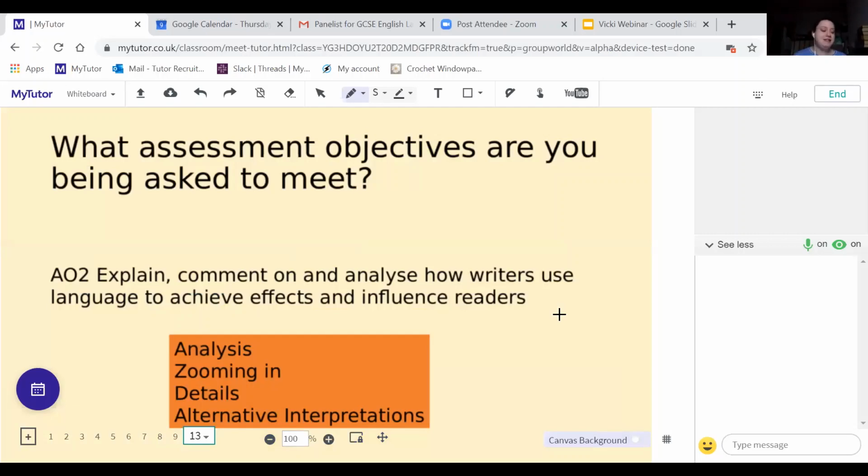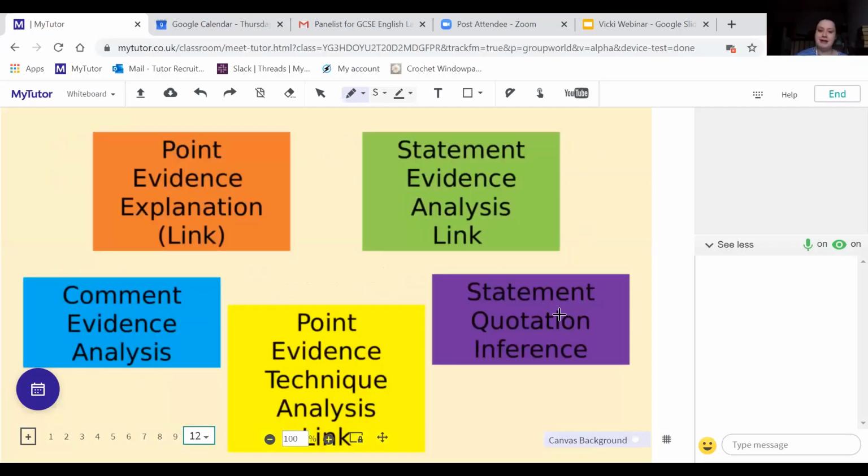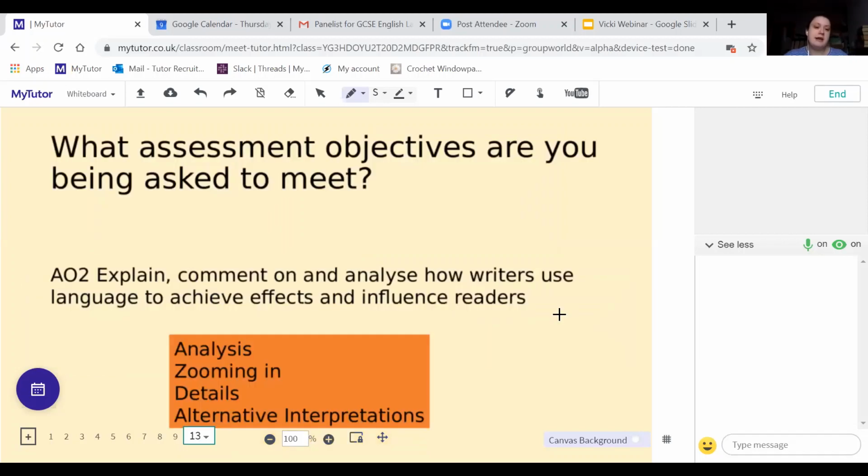Now, what I've been trying to say to you throughout the week is, if you have been taught to do any of these, that is absolutely fine. However, you will find that these limit the marks you can get if you just stick to these as a straitjacket. So you probably won't get more than 5 marks if you follow these as written. And I'm going to show you a couple of examples of what that looks like on the page following these examples. So in order to achieve the higher marks, this is sort of my extension of what you need to be doing in terms of how to structure.